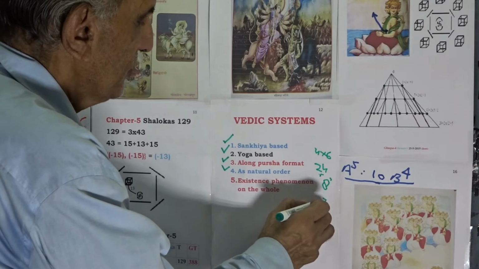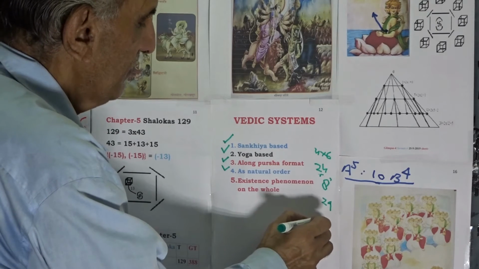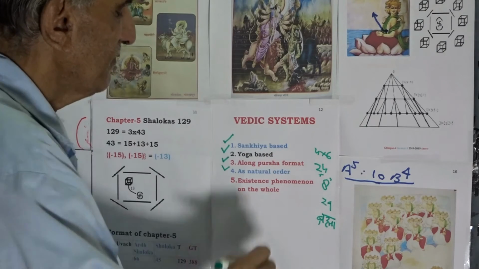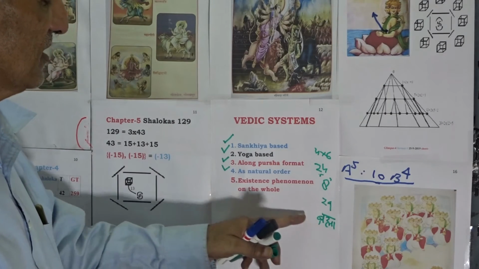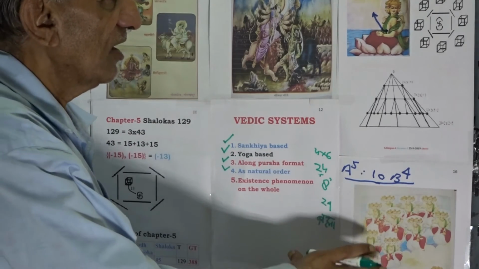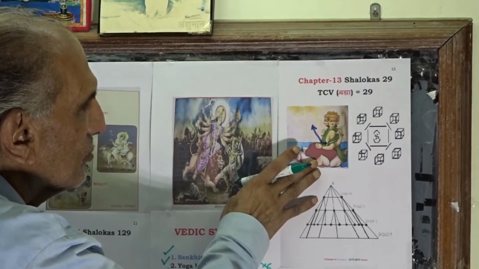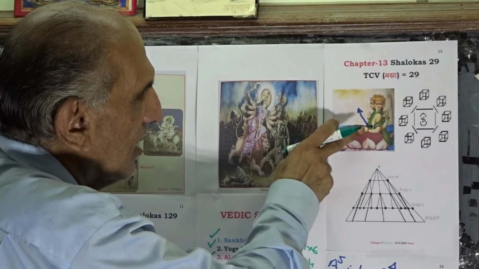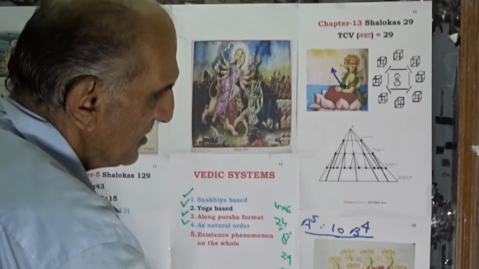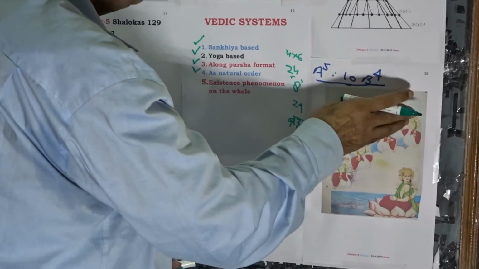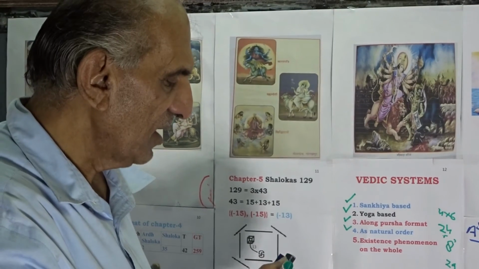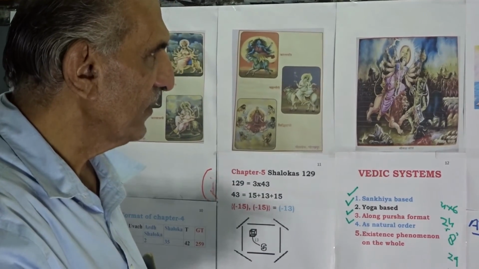which is of value 29, which is value of the Brahma, which is the value of the format features of the presiding deity of the creators of space, and then the existence phenomenon as a whole, which will take us to the enlightenment as to how Lord Brahma, Creator the Supreme, meditates within the cavity of his own heart and attains the grace of the goddess and of the transcendental Lord, and with this grace Lord Brahma multiplies tenfold as a 10 Brahmas, and with it the entire existence phenomenon is being approached as a single whole phenomenon, as integrated